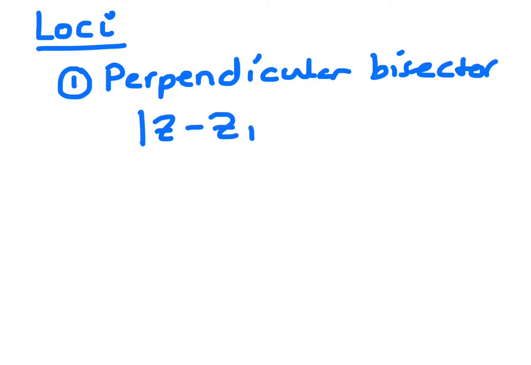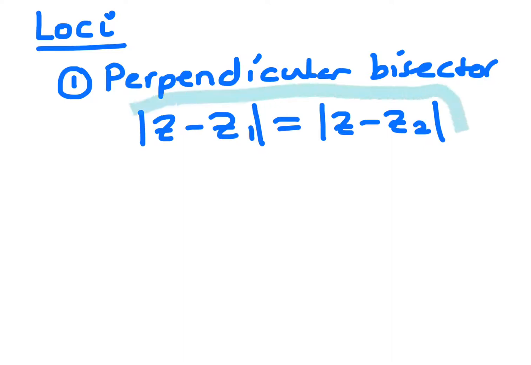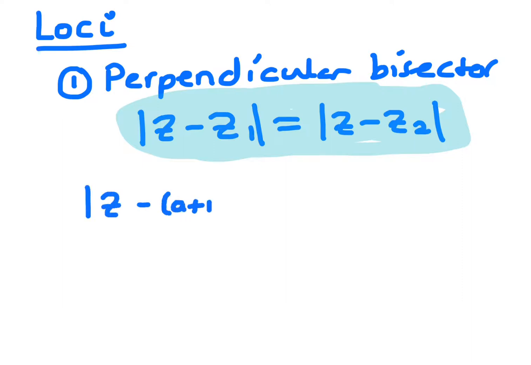I just want to talk about the perpendicular bisector. Now, the basic equation for the perpendicular bisector is |z - z1| = |z - z2|. Because when you're looking at z minus a complex number, so say we just had the modulus of z - (a + ib), what that actually means is the distance z is from